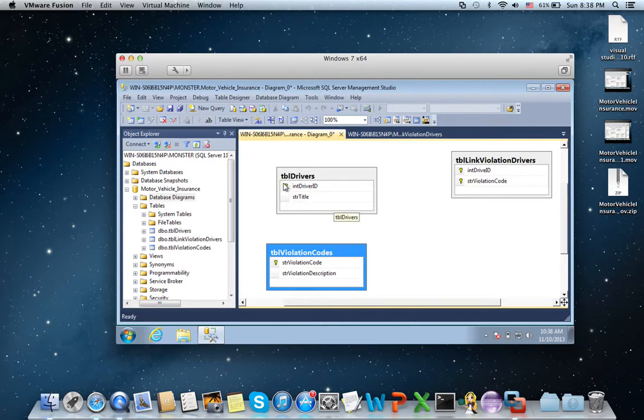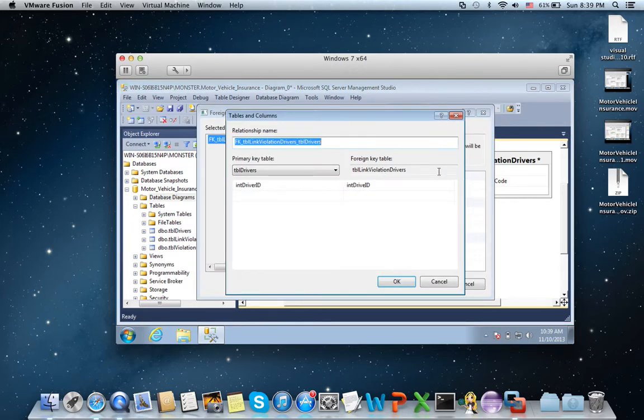This is how we are going to work. I go to the TBL drivers, okay, click, then I drag and I leave it on this int driver ID, which is the foreign key. Okay then, primary key from TBL drivers, int driver ID, foreign key in TBL link violation drivers, int driver ID.